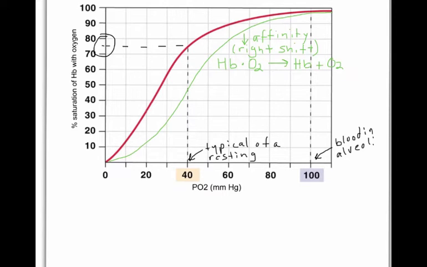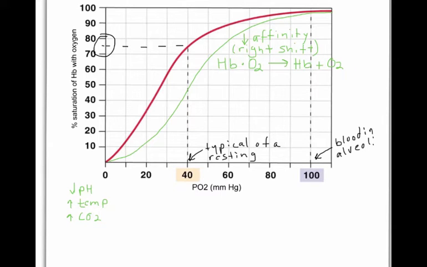Well, there's several. One of them is a decreased pH, so more acidic, or if there's an increased temperature of the blood, or if there's more CO2 in the blood. And all of these conditions here are typical of blood around a working muscle, for example. So if you think about when cells are metabolically active, they have acidic byproducts, they're making CO2, the temperature's warmer around working muscles, and all of these factors change the shape of hemoglobin so it lets go of the oxygen